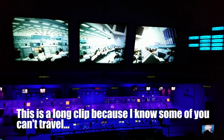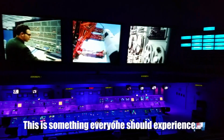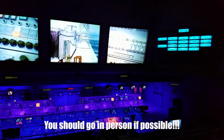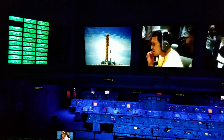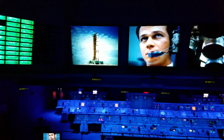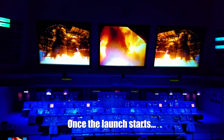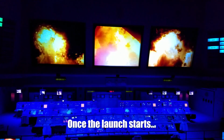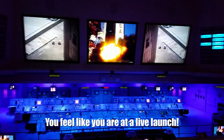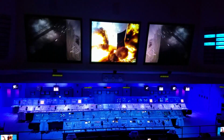This is launch control, T-minus 3 minutes and counting. We've completed our communications checks with the Apollo 8 astronauts in the cabin, and the communications are go. 10, 9,